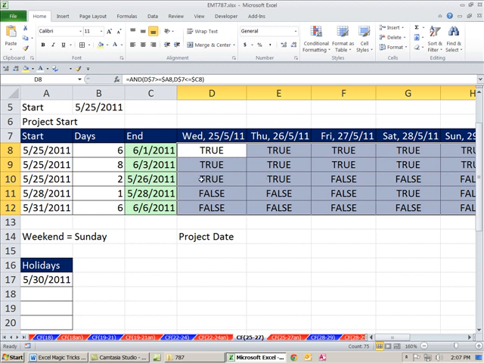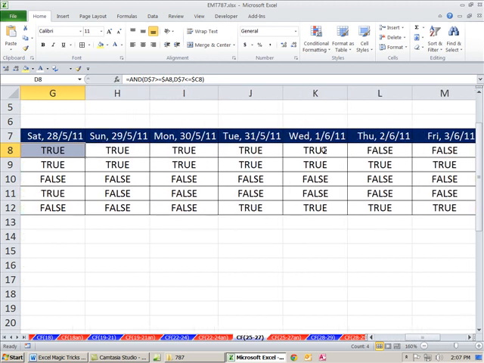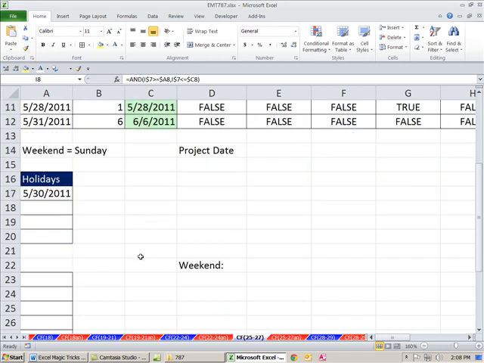All right, so we should see here just 2 trues. For this one right here, we should see true, true all the way to here. But now notice, that will be the first conditional formatting. We actually need to eliminate this Sunday and this Monday. In essence, we need to somehow come up with a true false that will say, and I want a different color there, that this is one of the weekend days, or it's one of the holidays. So we're going to come down here, and we're going to actually look at the,